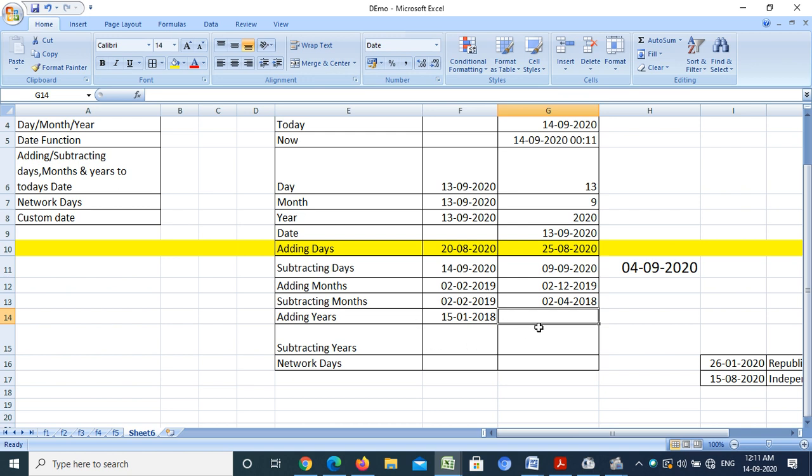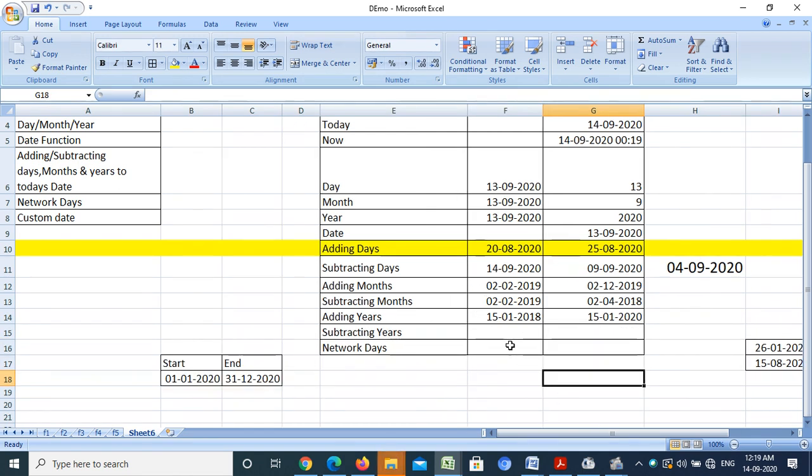For that I have to write equal to EDATE, but this time I have to convert my year into months. That is, if I want to add 2 years, I have to convert 2 years into months. That is 2 into 12, 24. Now it will give me the result. It will add 2 years in this.